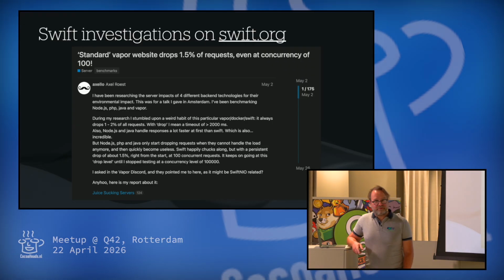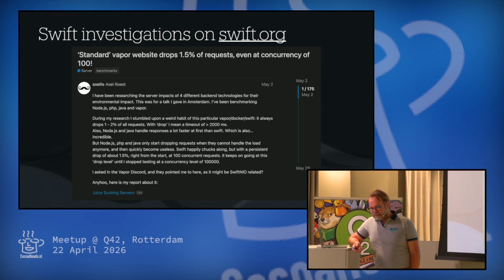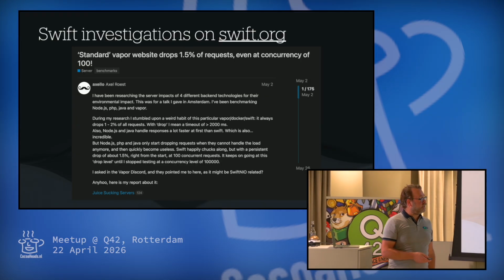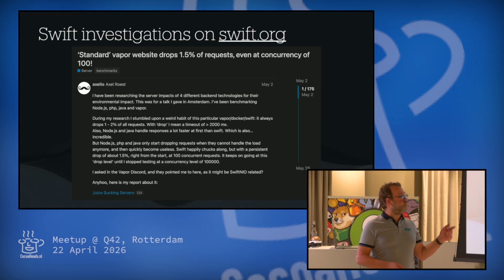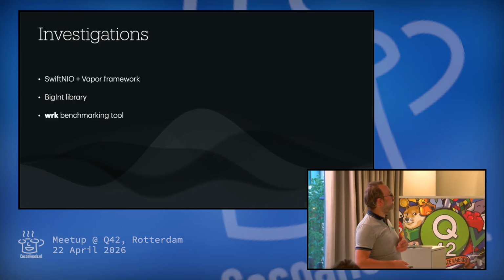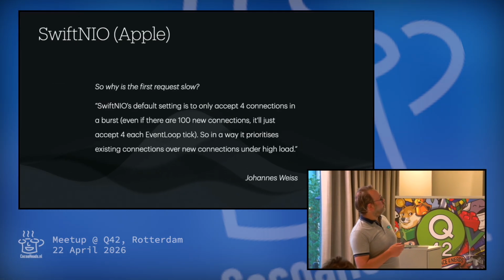Jonathan Weiss, who wrote Swift NIO, showed up. And there were some people from Google, like Wade Rodgaskis, who worked at Google and at Apple. I talk about him later. They all investigated it, and it's like, oh yes, but this is weird, this is weird. There were lots of investigations done.